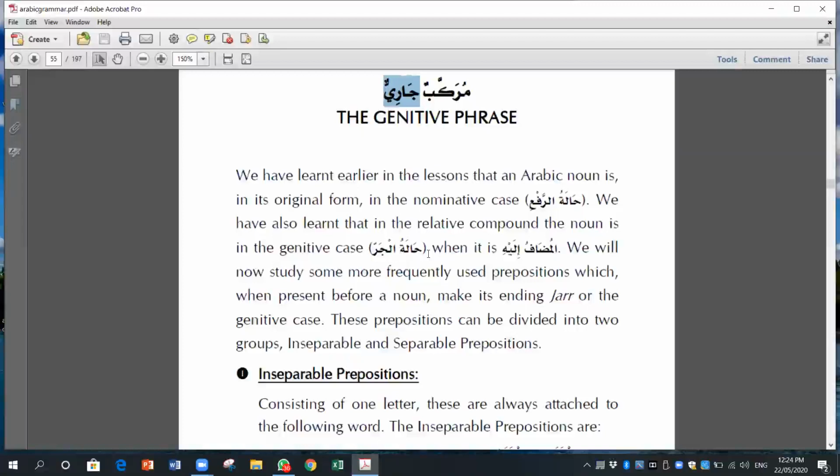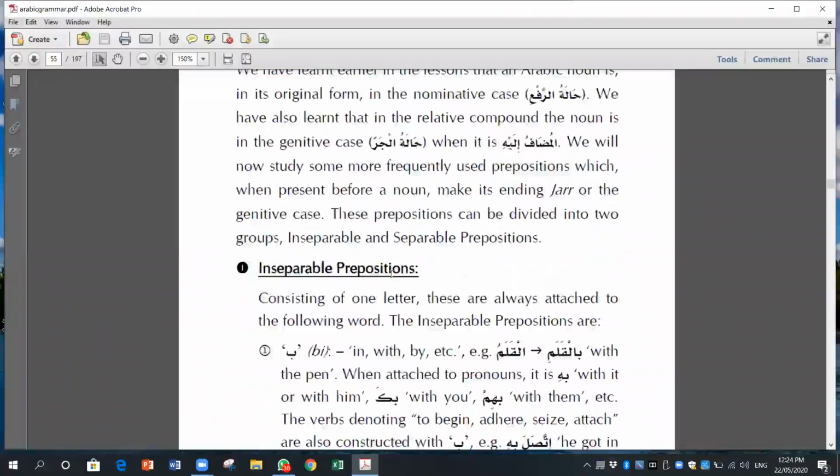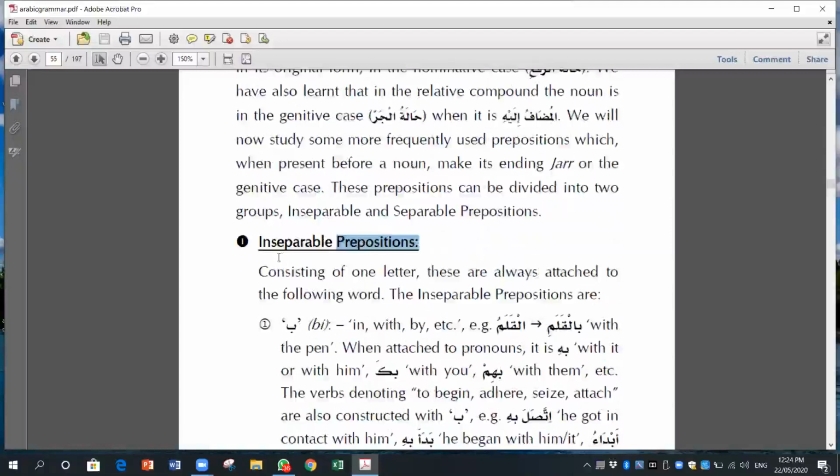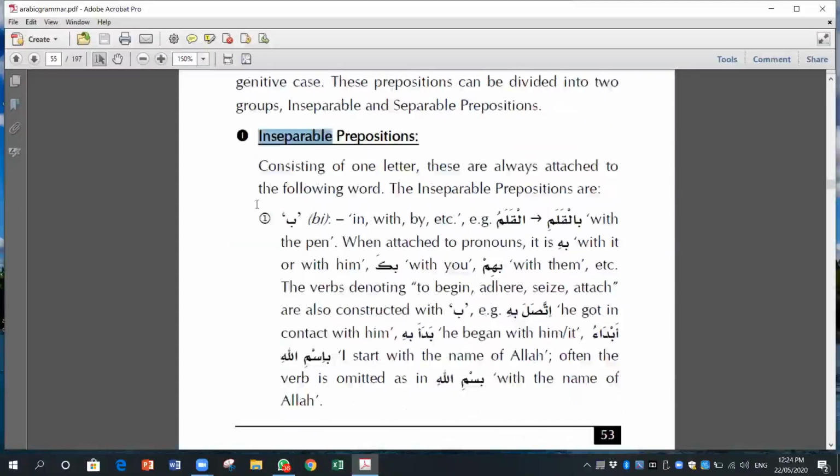In harf, we call them prepositions. In English we call them prepositions. They have categorized them into two types: inseparable and separated. Yesterday we started with inseparable prepositions. So the first was ba, which means in or with or by, and the example is bil qalami, with the pen. And the difference you can see, al qalamu,